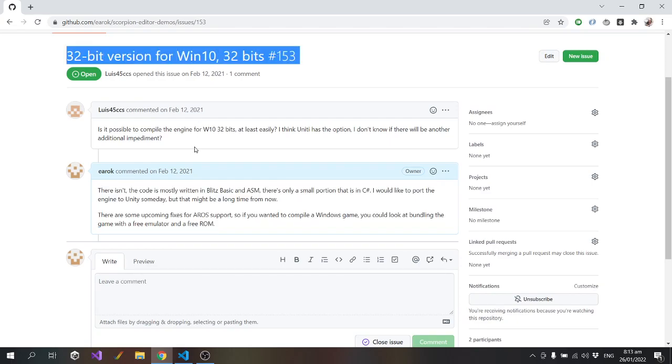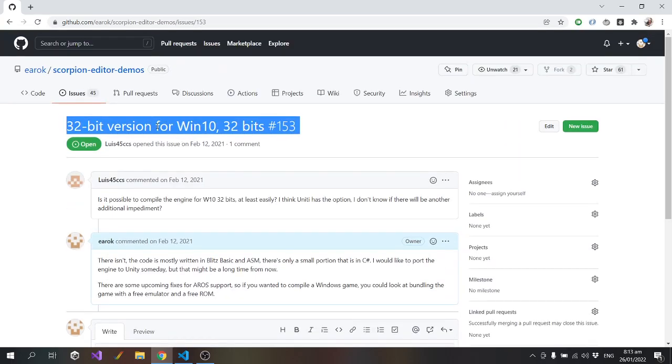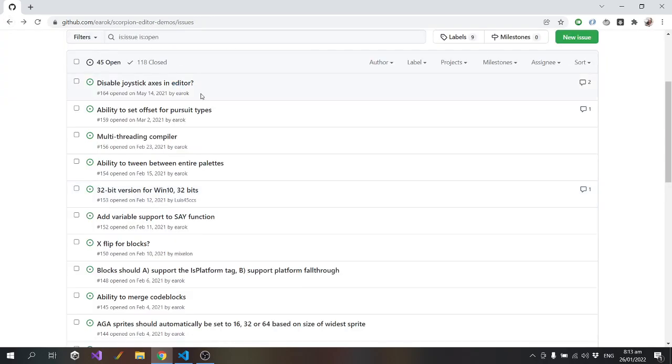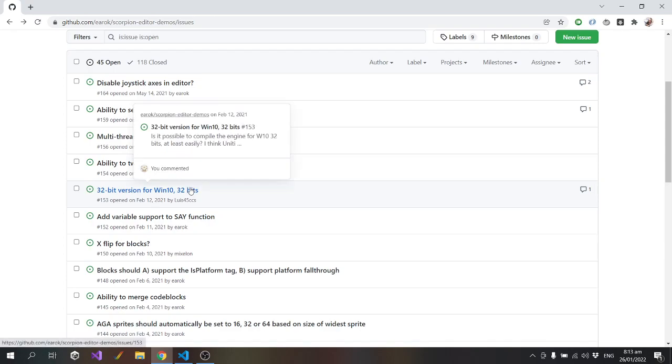But basically, the person is asking for 32-bit, so they can run the engine on 32-bit Windows. I'll have to think about that. There's probably no reason why I couldn't. It's just I use a few external libraries, and if any of those libraries are 64-bit, then it could cause some problems.